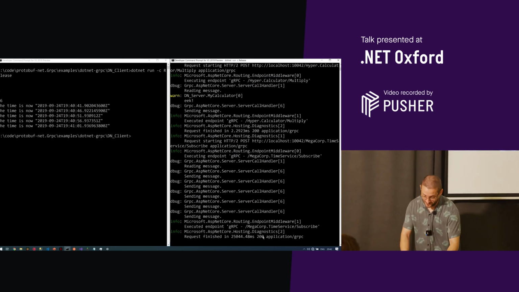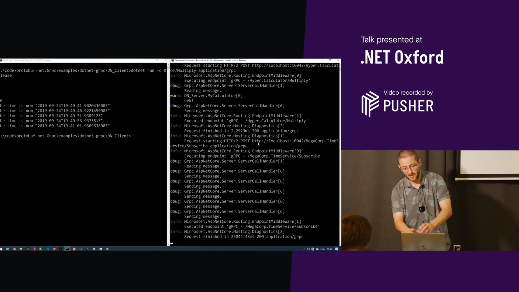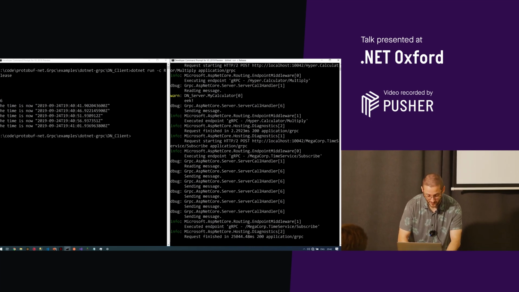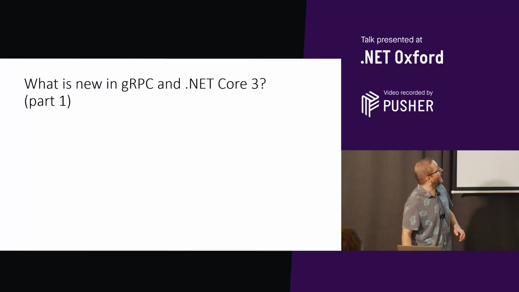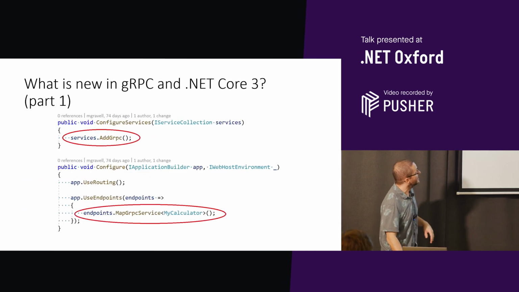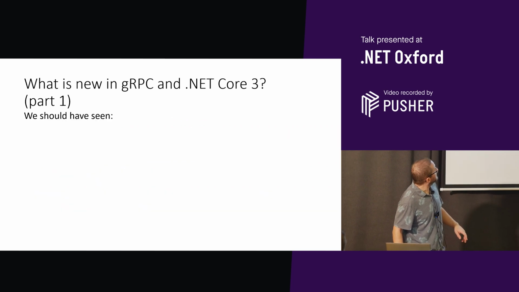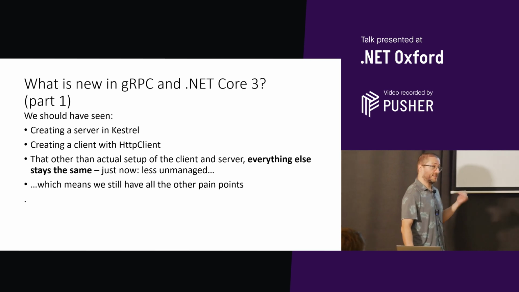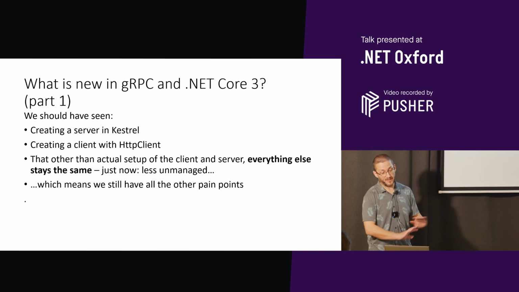Although I wonder whether needing to target .NET Core 3 is actually more restrictive than the unmanaged binaries, but it's sound in principle. Anyway, so that really, in a nutshell, is what Microsoft have been working on, and the new bits that they've got to show there. So as I said, I'm just going to configure our services, map them at the bottom there, and exactly the same code, and it just works. So we can see we've created a server in Kestrel, we created the client in HTTP client, and everything was